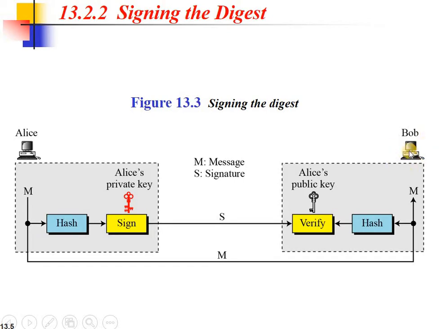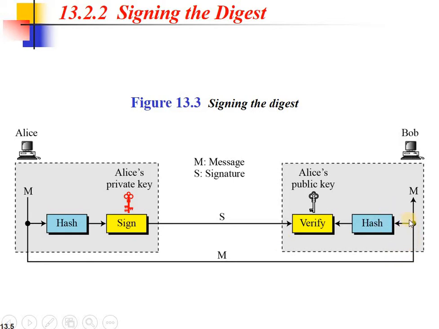So what about the receiver side? When the two things, the signature and the message, are received by Bob, first the signature has to be verified by applying Alice's public key, that is, the public key of the sender. After applying the public key of the sender, if the verification is successful, the hash code will be automatically generated. For verification, there are two things to concern: the first is the verification of the signature, and the second is to compare the transmitted hash value with the generated hash value.